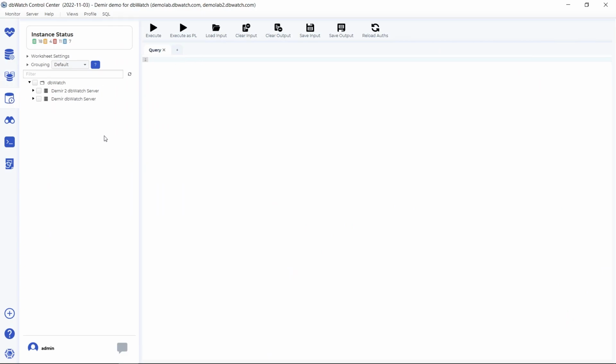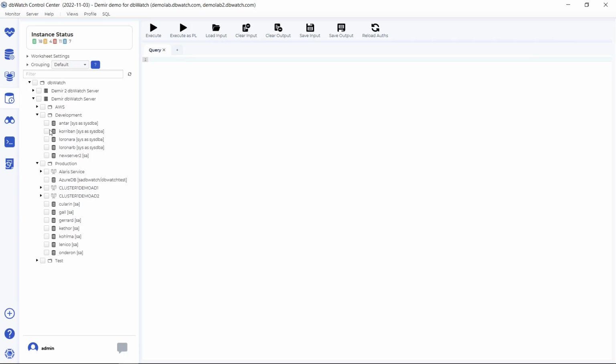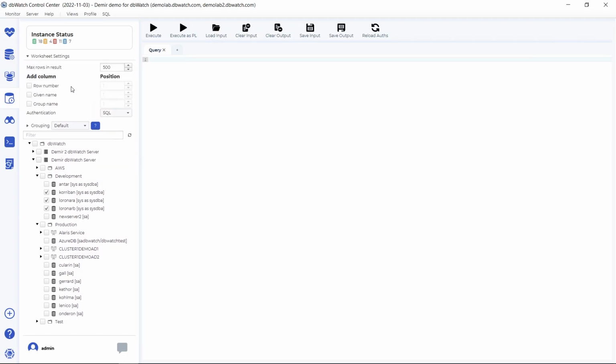Now, SQL Worksheet is quite easy to use, a simple way to query multiple database instances, and you can select what instances you want to run the query against. So you can have multiple instances, and then you can use the worksheet settings to add columns on the response you get back. So if we add the given name, for instance, and so these are the 3 Oracle instances,